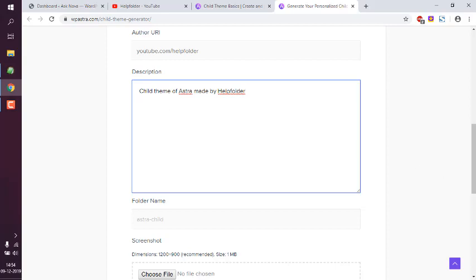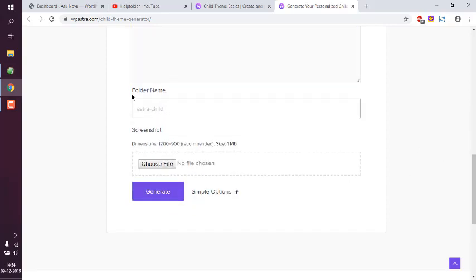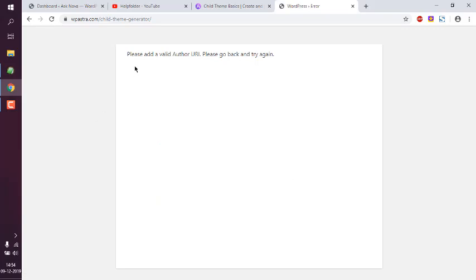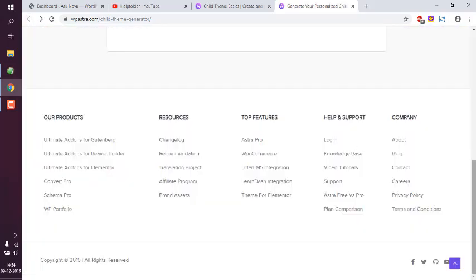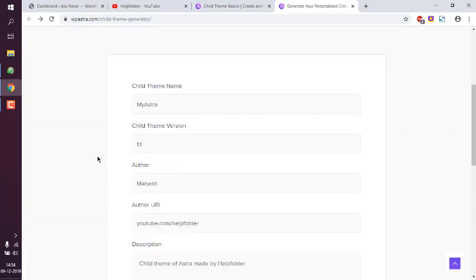That's the description. You can also change the name as my Astra, and you can have a screenshot, and then simply click on generate. Then it asks me to give a proper URI,